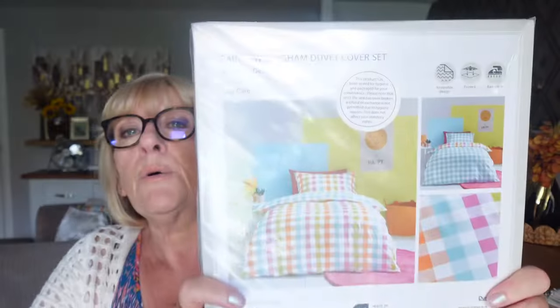And I thought these were pretty. They're my beds in my house. I do the washing, so I'm basically going to buy what I want. So they're both singles. They were £14 each. I did buy a different one, I'll show you the other one. So I bought this one,